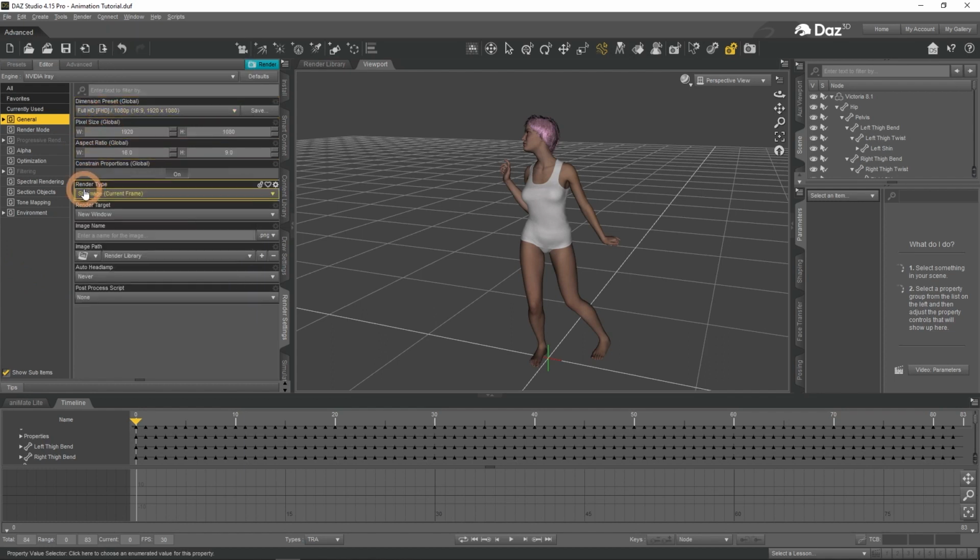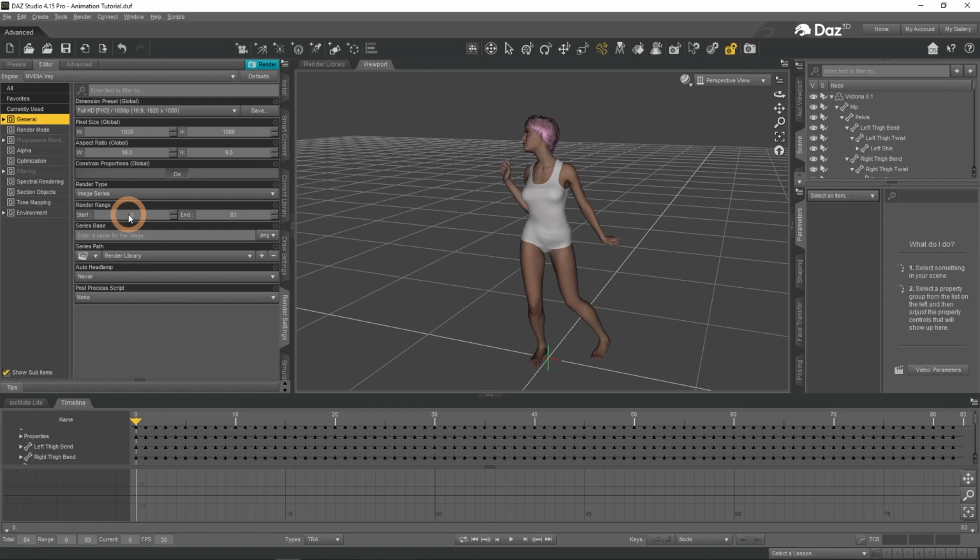Another important thing is render type. By default it is set to still image, which means that it will render a single frame only. For animations we will need to change that. Movie option seems like the best choice. But in reality an image series is considered to be better. Mostly because it is a lot more safe and flexible to render like this.